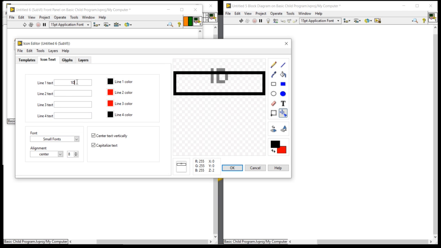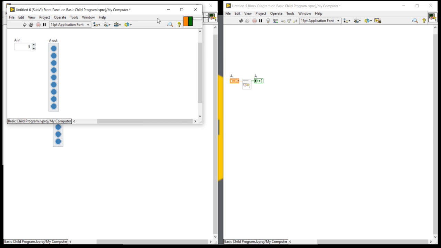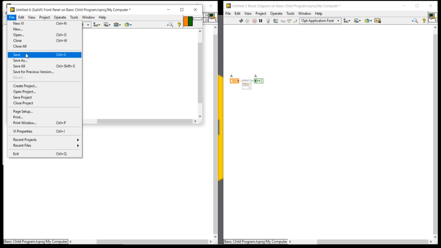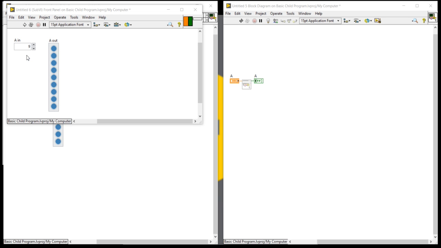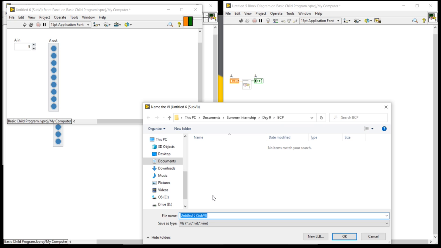Okay, now I am going to hit the OK button. Now you can see I'm going to save it. Okay, if you don't have patience, then definitely you are not for programming.